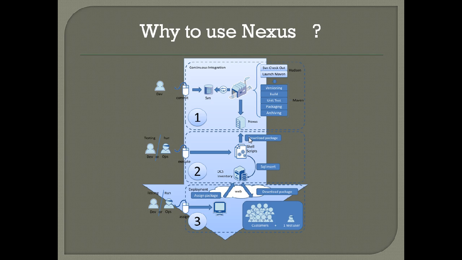Let's suppose that we are many developers in the same company, and we are obviously working on the same project, and in that project each of us uses the same libraries. There is no need for us to have a replication of each library on each developer PC. What we do is that we just have to set up our Nexus server, which will